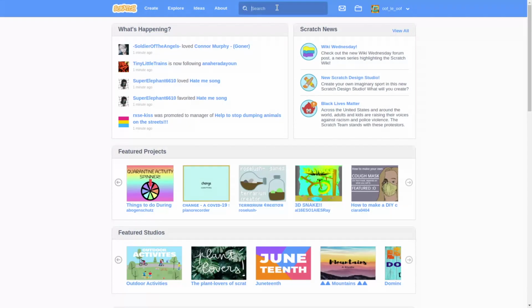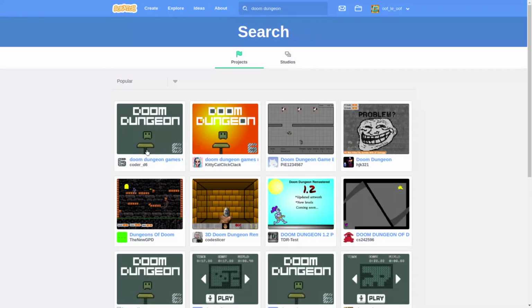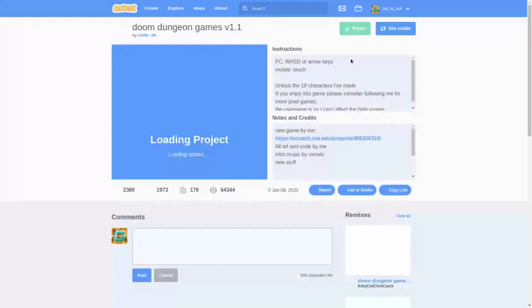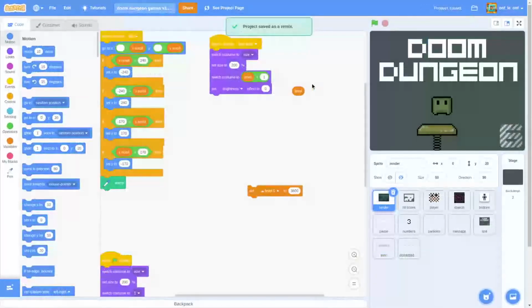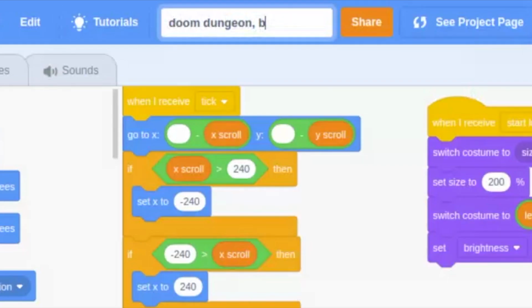Today we're going to be taking a look at Doom Dungeon. This is by Coder D6, and I'm going to remix it and remove all of the variables and all of the lists. So I'm going to name it Doom Dungeon,